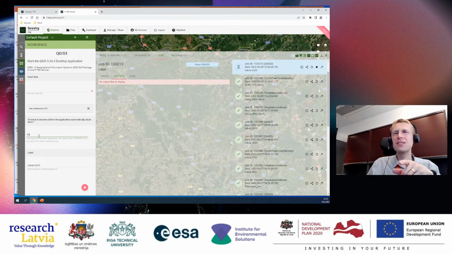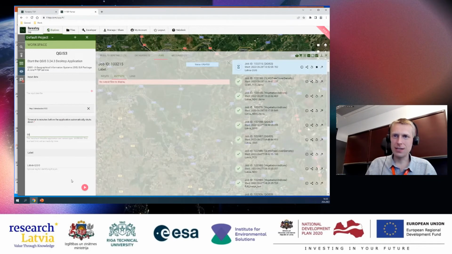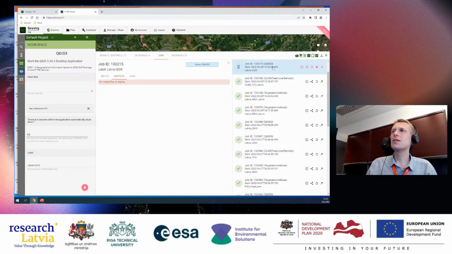But beware of this timeout. If you put 10 minutes or so, it really ends the job then. So if you haven't finished whatever you wanted to do, then you lose everything if you haven't saved it by that time. Okay, after you have clicked this button here, the QGIS job appears on the job list again.